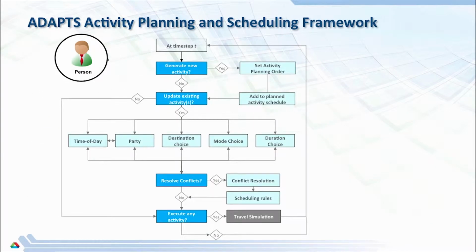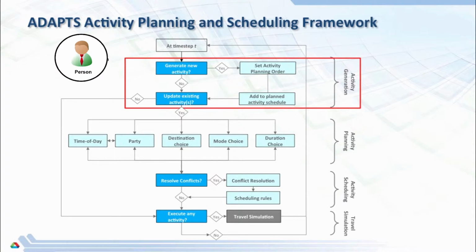The ADAPS model is a dynamic activity-based model which implements several agent behaviors related to activity travel planning and scheduling. The behaviors fall into four categories: activity generation, activity planning, activity scheduling, and traveling. The behaviors interact as shown, where the agent is continuously checking whether to generate, plan, or execute activities as the simulation progresses. The activity generation behavior represents the agent trying to meet their various needs by deciding to engage in new activities, such as working, shopping, socializing, and so on.